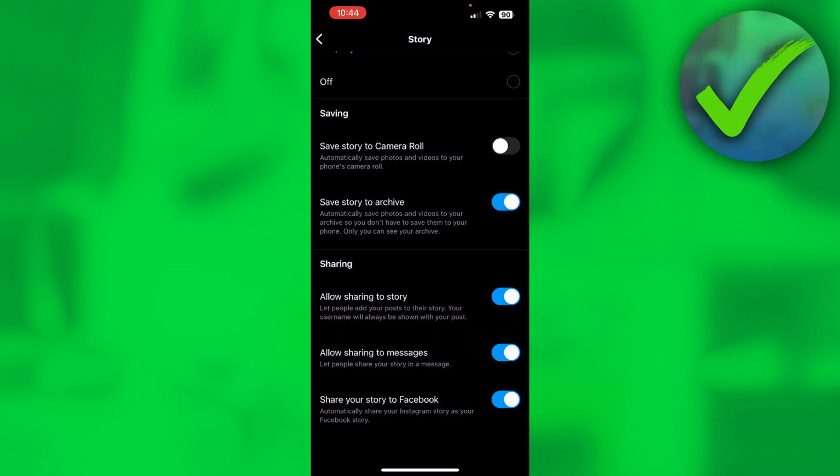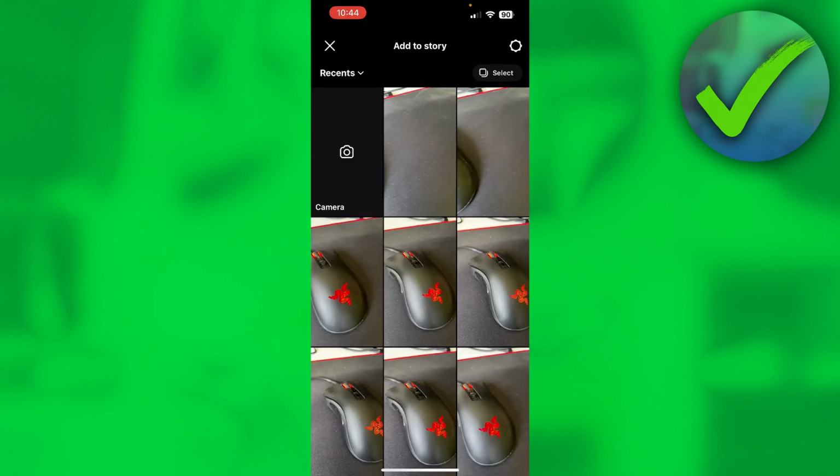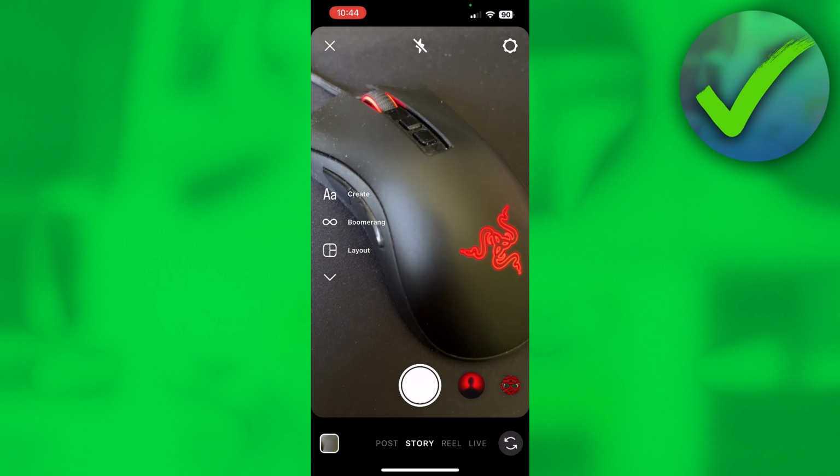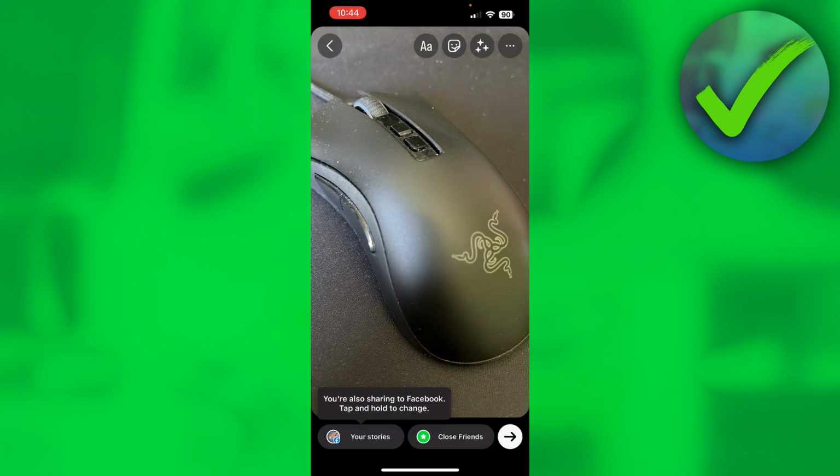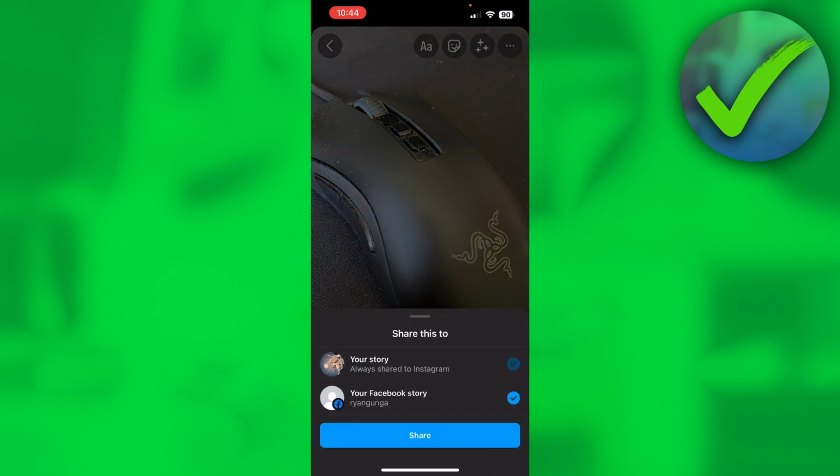And once you've done that, and you create a story, so let's say we just do this real quick. At the bottom left, it says you're also sharing to Facebook. Tap and hold to change. So if I hold it just like that, I can actually disable the Facebook story right there as well. So yeah, that's